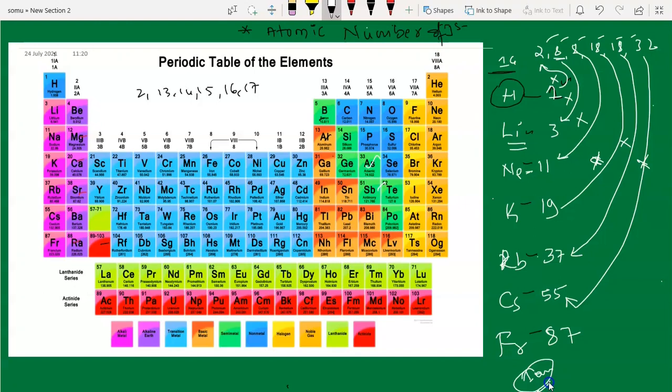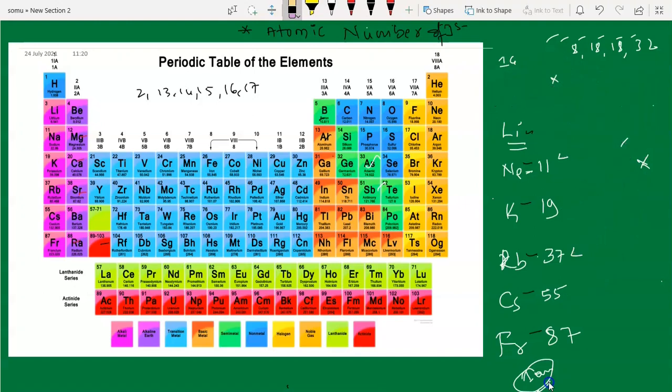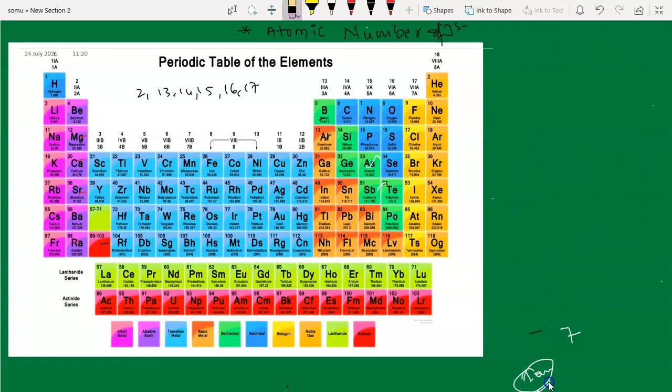But the only thing we should know is the order. Now you can easily calculate the atomic number of S block and P block elements, because you know the order also. You know the order of the elements also. Suppose you want to calculate 13th group elements, I will take an example. If you want to calculate the 13th group elements' atomic number, you now know what all the elements are in the 13th group.